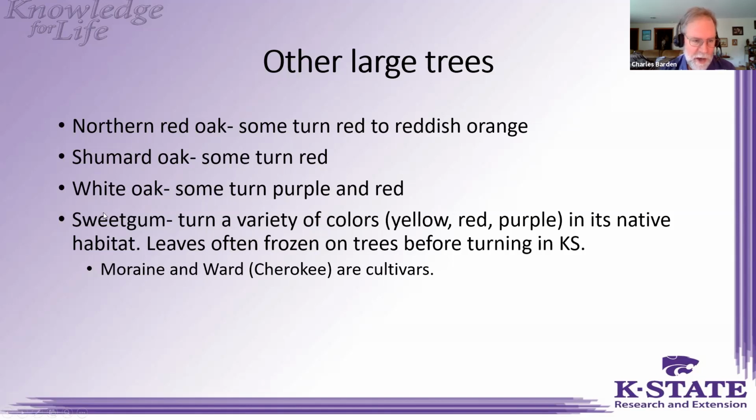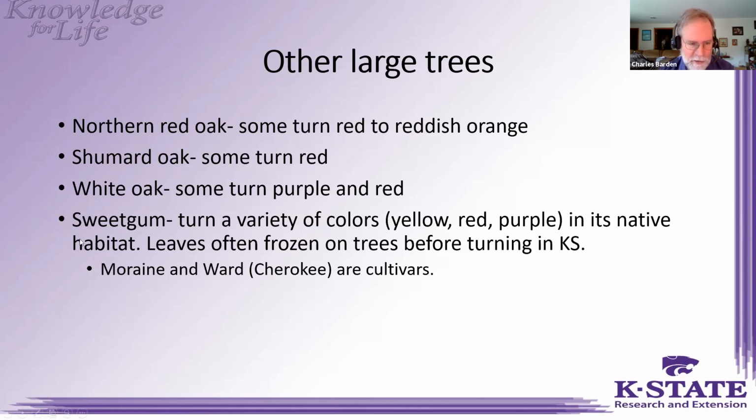And finally, sweet gum is one that grows quickly here in Kansas. And I used to live, as I said, in Oklahoma, and down there it turns a variety of colors, red, yellow, purple. They had a beautiful, rich, deep purple. Again, it's growing in its native environment in a wetland site near a stream along a pond or lake. Here I see them up in Kansas, we get a few leaves turning yellow, and then a hard freeze comes along in mid-November, and the leaves all turn greenish brown and kind of die on the tree, and they never get around to getting colored up.